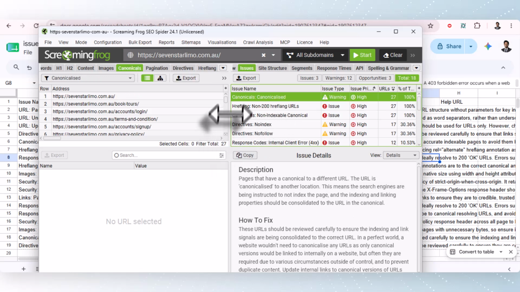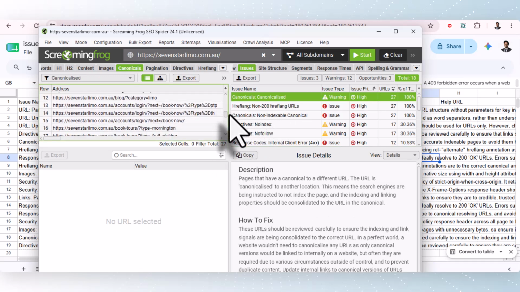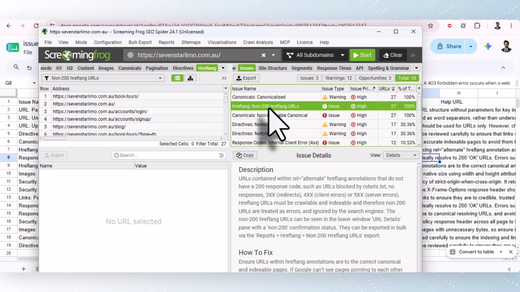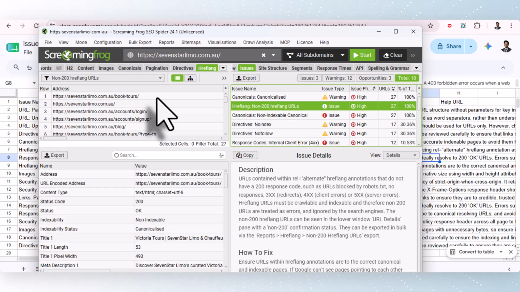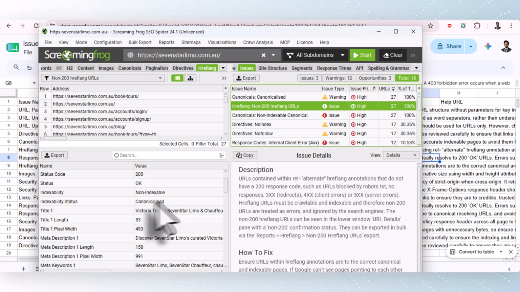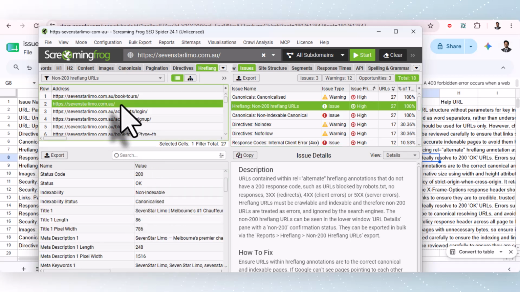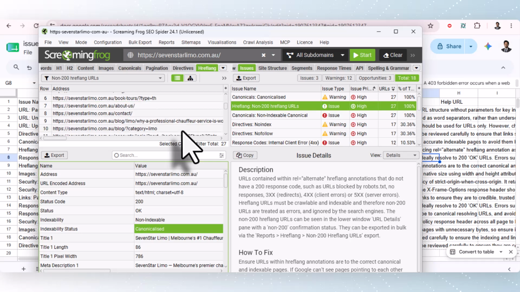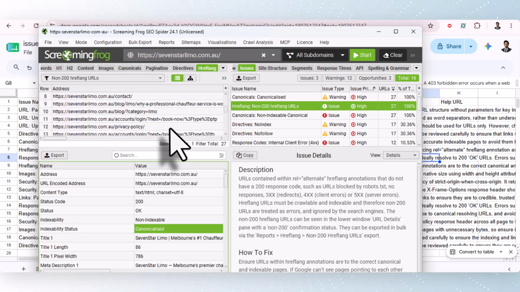This tennis, and this issue, it's not exhibiting. So